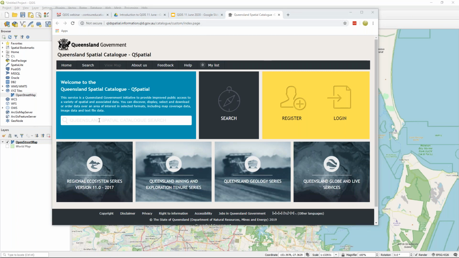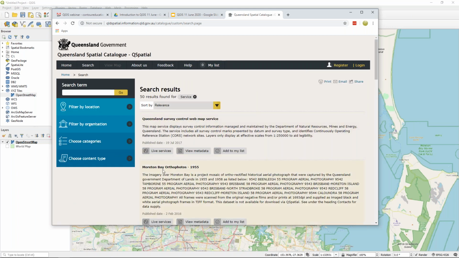Now I actually didn't link to the data set, so that's good because I can show you how I found it. So what I'm going to do now is find one of the things the Queensland Government does, and most governments will do, is they serve their data out via the web. So if you go down here to content type and you go to service,